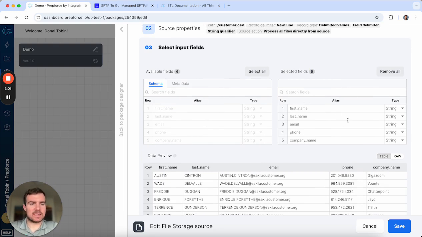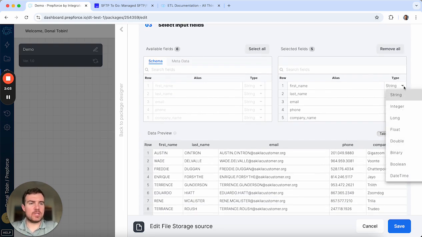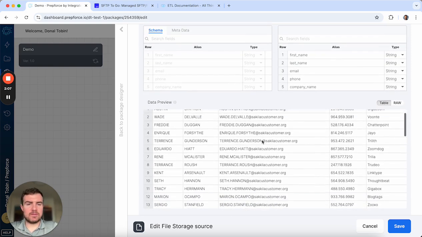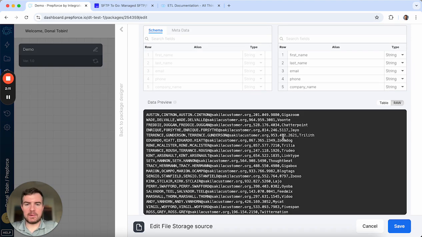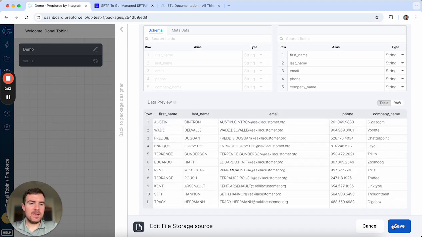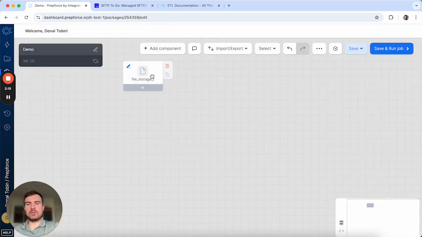So the CSV, you select all of them to come through. If you want to change data types right here, you can do that. And then coming through, you can see a preview of what the data looks like. You can view it in a table format and then also in a raw format here. So that's step 1. I have my data brought onto the platform,